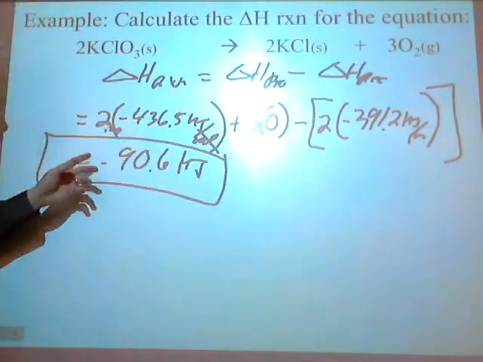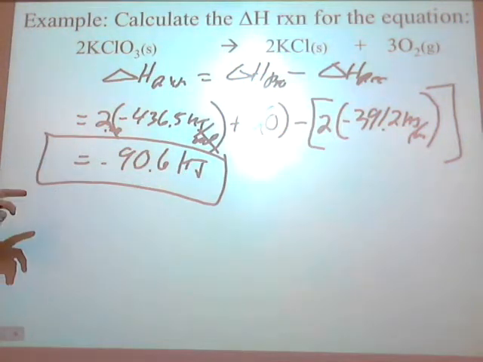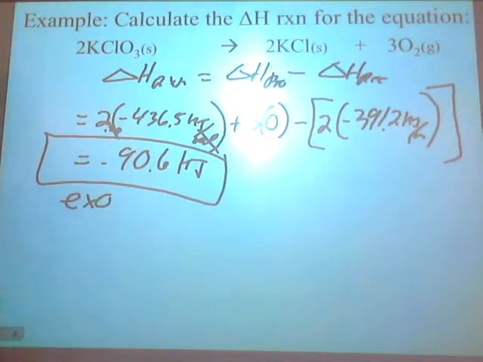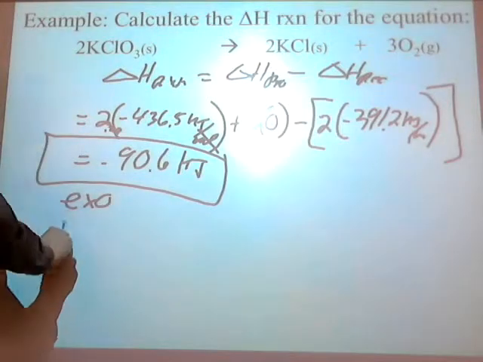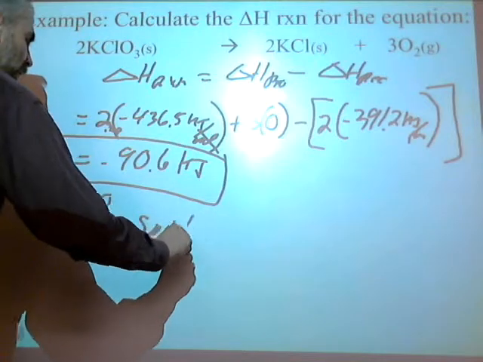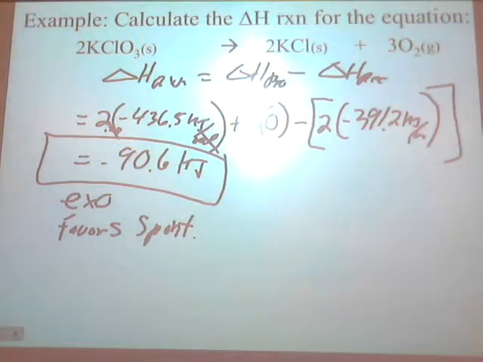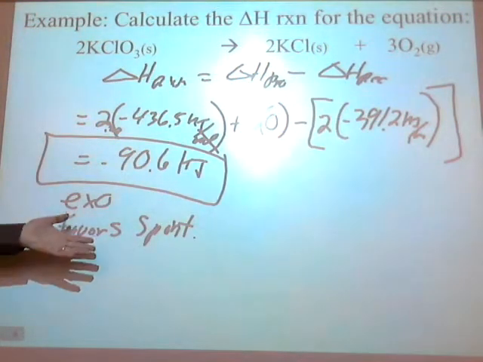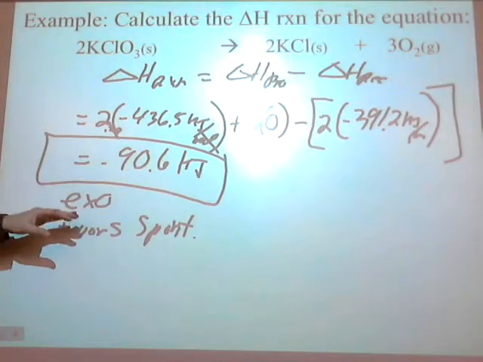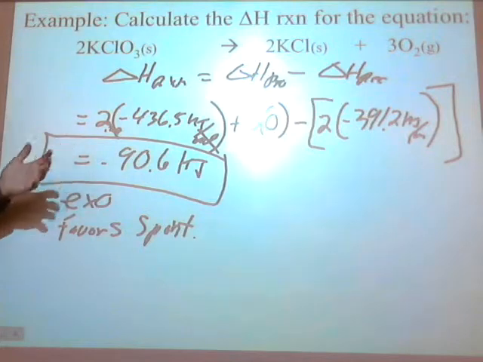And that's your answer. Now, a couple things I could ask you about that, so write these down. Is that endo or exothermic? Exo, because it's negative. Is that going to favor spontaneity or not? Yes, it favors. Notice I said favors. In Chem 1, because I didn't want to alarm or confuse you, I just said usually spontaneous or not. That's not really accurate. It's one of the factors that favor spontaneity. We're going to learn about the other ones.